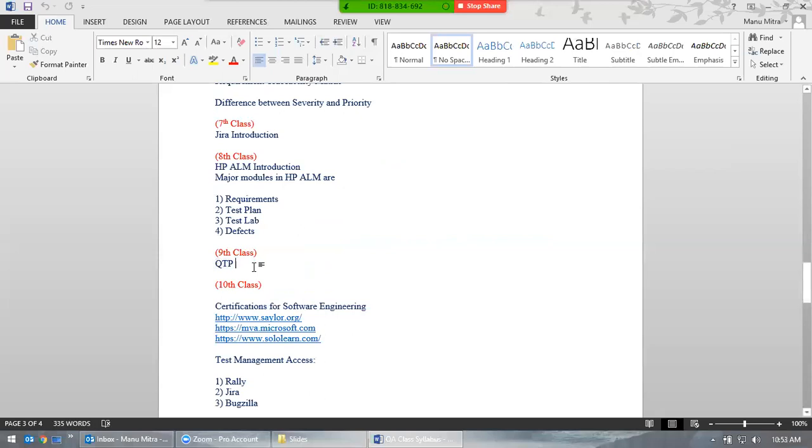So QTP is Quick Test Professional. Now there's no more QTP, there's UFT, Unified Functional Testing. It's similar, with other features and a lot of things, but the base remains the same. You don't have to do coding. If you say QTP developer, you'd be only a QTP tester. So in that case, it's just an introduction.